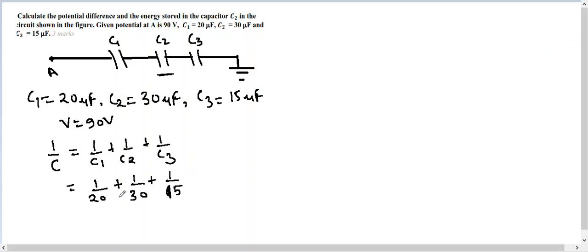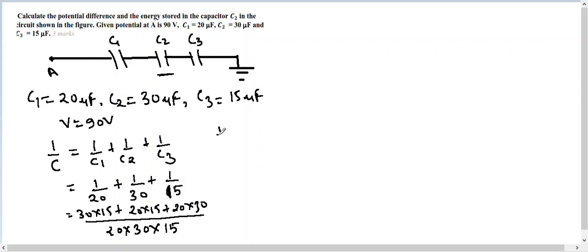So here, instead of taking LCMs, what I do is I just multiply all the denominators together so that I don't make any mistake in finding the LCM. So it is 30 into 15, plus 20 into 15, plus 20 into 30. So 1 by C comes out to be 450 plus 300 plus 600 upon